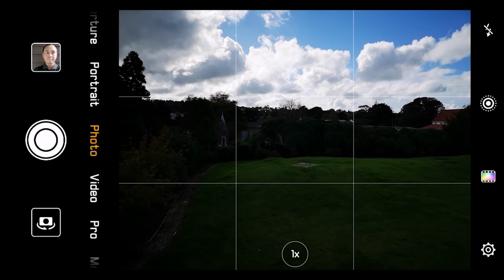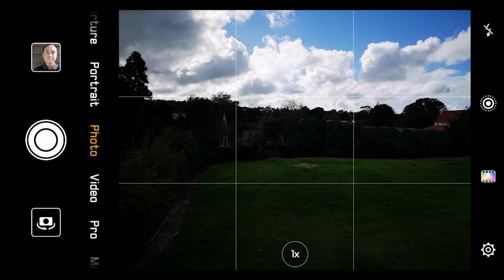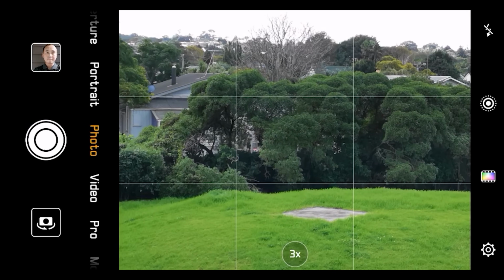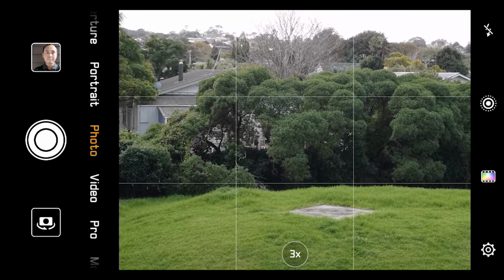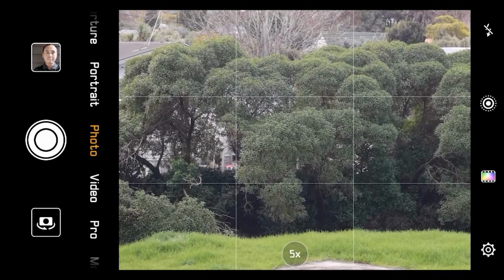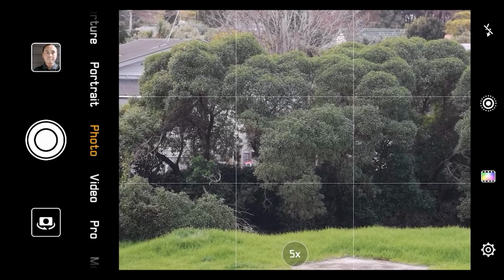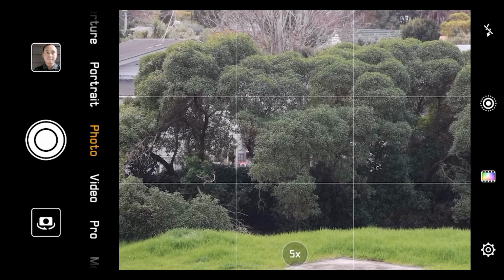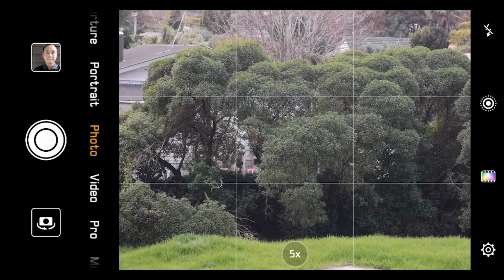On the P20 Pro, because it has a telephoto lens, you can tap on this 1x button and it will turn to the telephoto mode. You can turn to 3 times, that's a 3 times optical zoom. And then you can turn to 5 times, which is the hybrid zoom. Now notice the picture is actually pretty stable for a 5 times zoom because the camera has optical image stabilizer